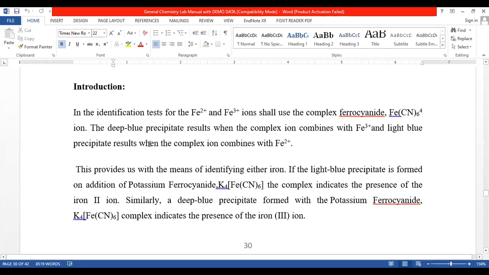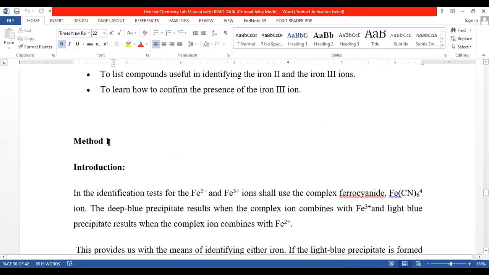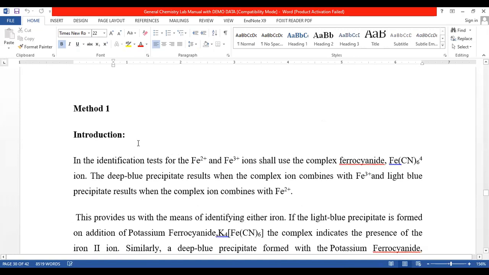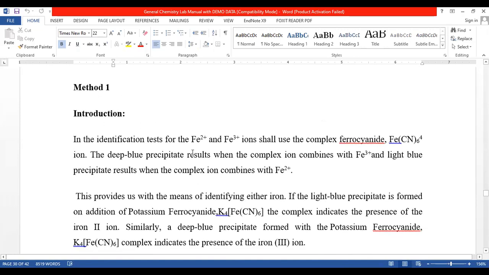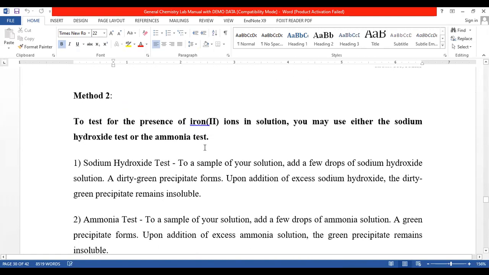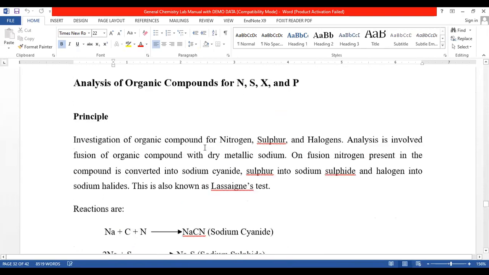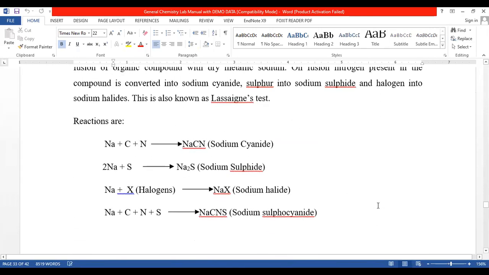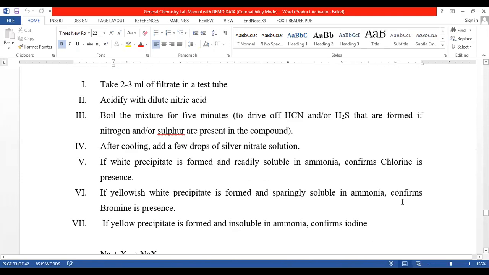There are two methods. However, in the laboratory we usually use the first method. So you can write both methods, or you can just write the first method, because when we conducted this experiment in the laboratory, we followed the first method. But in the video, I demonstrated the second method. We didn't do this, then